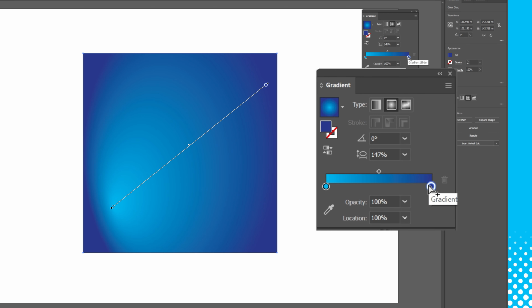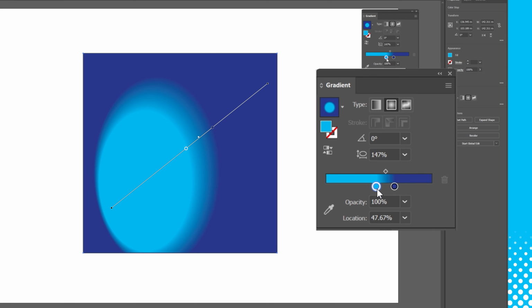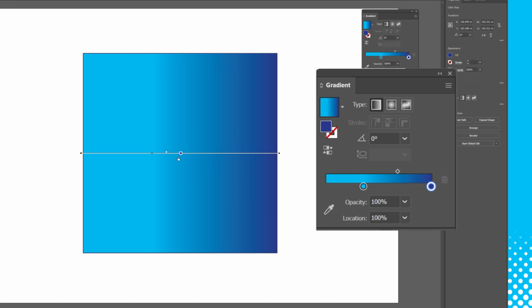What's similar with both is if you look at the gradient bar on the gradient box, we're able to slide the colors closer to each other. This affects the transition harshness between those colors. As before with making a short line on the gradient tool, it'll also make the gradient a lot shorter. Switching back to linear, we can see a visual representation of how we're changing it. By looking at the physical line on the gradient itself, we can see where the colors are meeting, and you can more accurately set the start and stop points anywhere on this line.